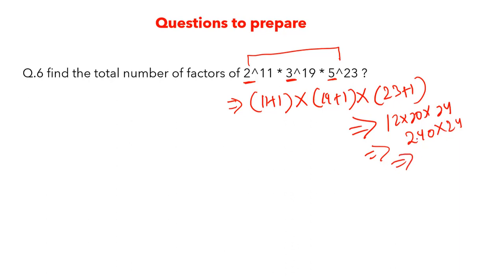And 24 ka square, what is that? 24 into 24, 576, and we have this 0. So it is very, very important that you should be aware of the square. You can see how quickly I did the calculation because I am aware of the square of 24. So make sure that you are aware of the square from 1 to 30. Okay, yeah, it's 30. 1 to 30, you have to memorize it because it is going to help you in